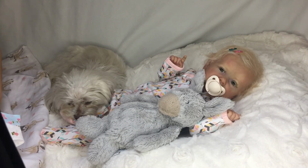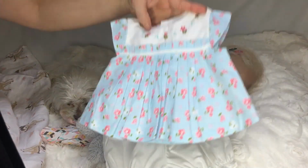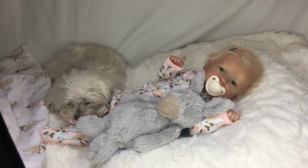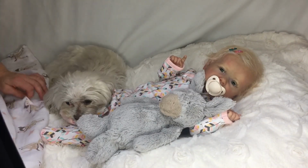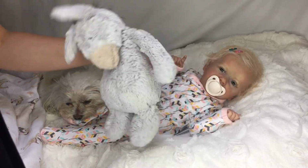that bubble romper. But that one I may use for Sunday best, so I'm going to put this little set on her instead, because it's still August, but summer is coming to the end, unfortunately. So I'm going to put that on her, and Charlie's still snoozing on her little leg. Look at that, guys. And as you can see, guys, yes, you can,